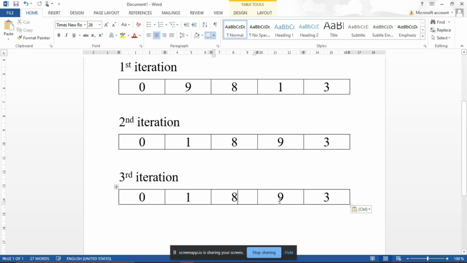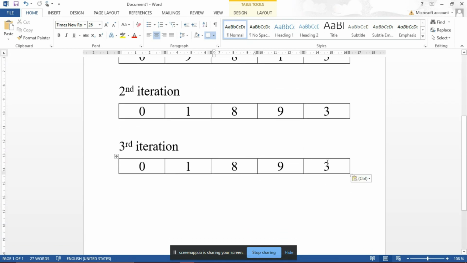Then we compare it to the fourth element, which is 9, but 8 is still smaller, so it is still our minimum. Then 8, we compare it to the fifth element. 3 is smaller than 8, so 3 is our minimum. So we swap it to the third element. Since it is the smallest, then to the fourth iteration,